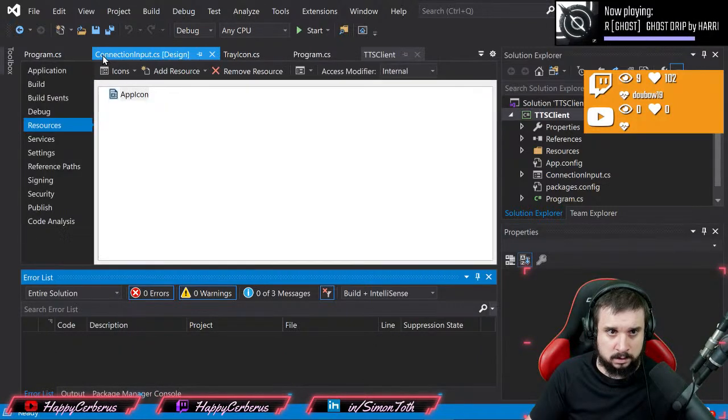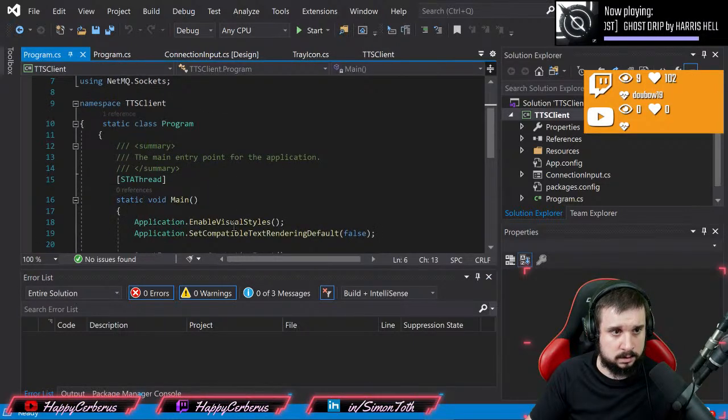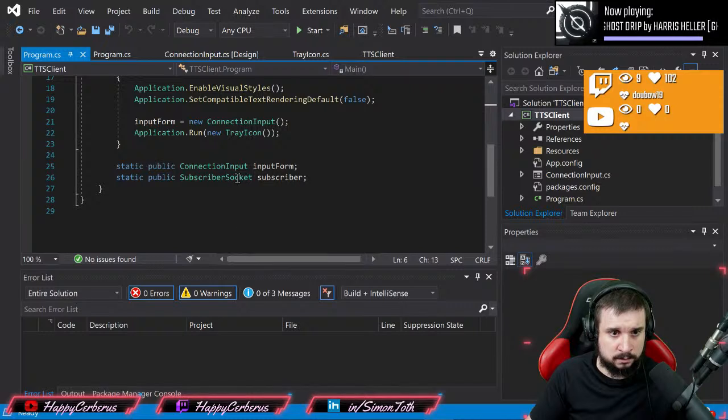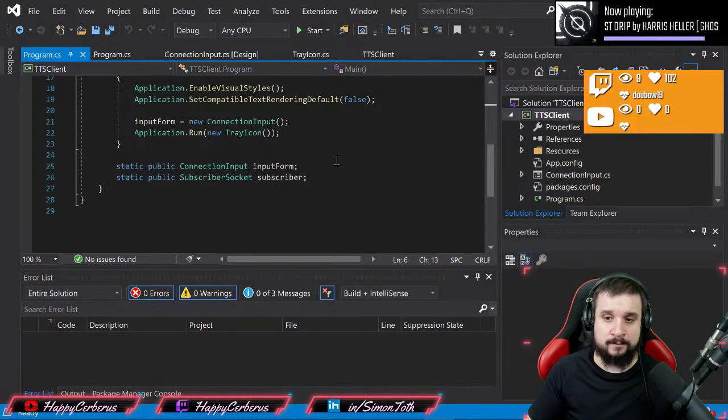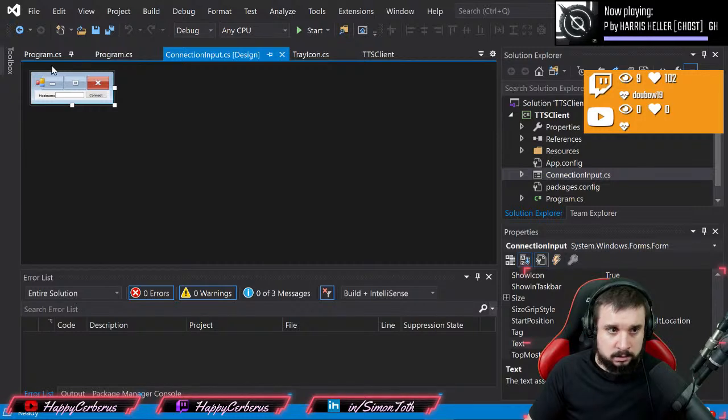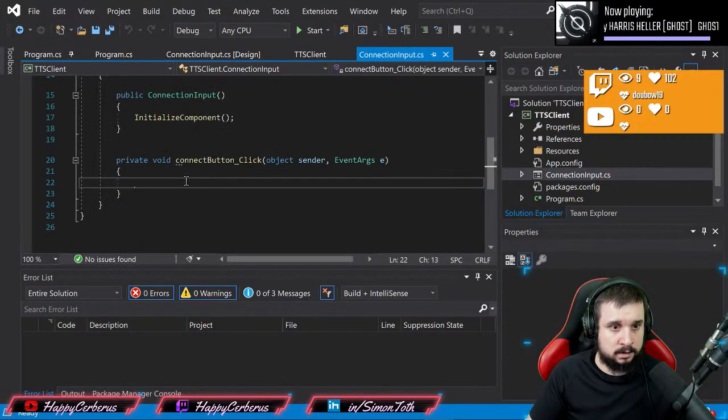Was that it? Maybe that was. Oops. It was it. Let's see. Now we do have NetMQ, and subscriber socket is a thing. Okay, perfect. So then in here on the connect thing, so when someone clicks on this button, we want to